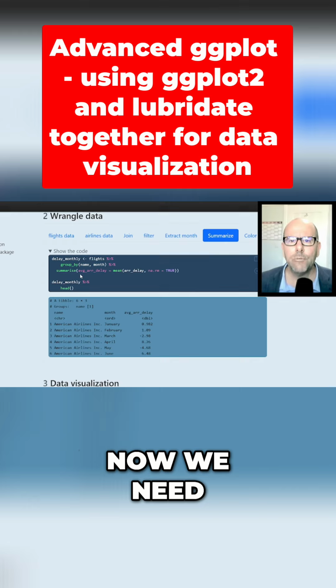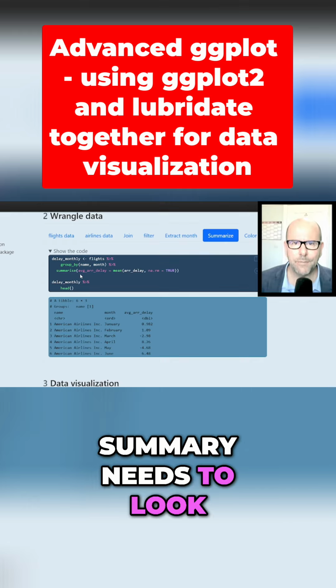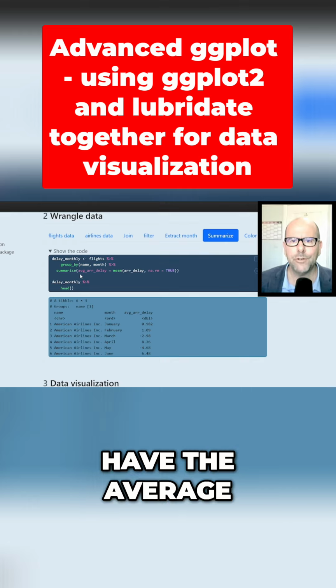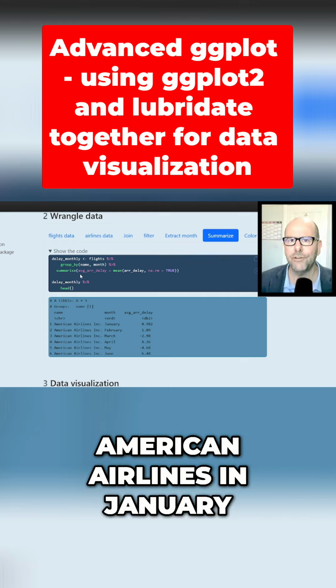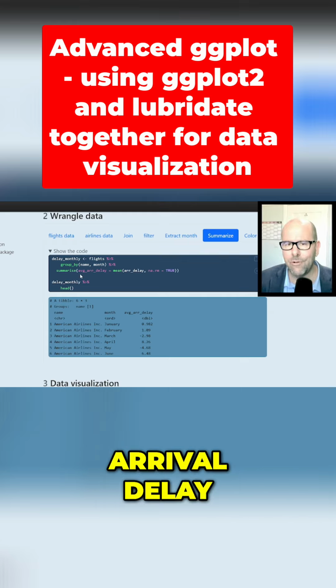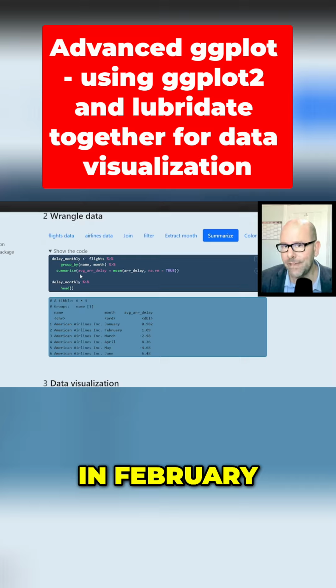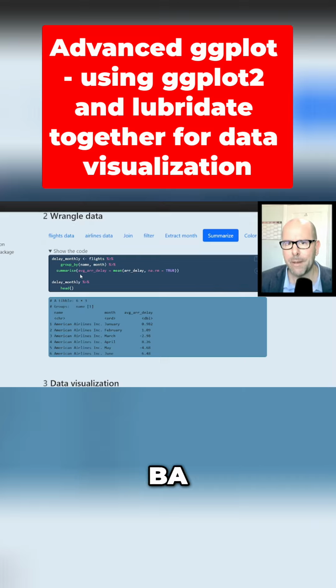You can do that. Now we need to create a summary, and let's think about what that summary needs to look like. It needs to have the average for each airline for each month. So like American Airlines in January, what's the average arrival delay? Then American Airlines in February, what's the average? Next airline